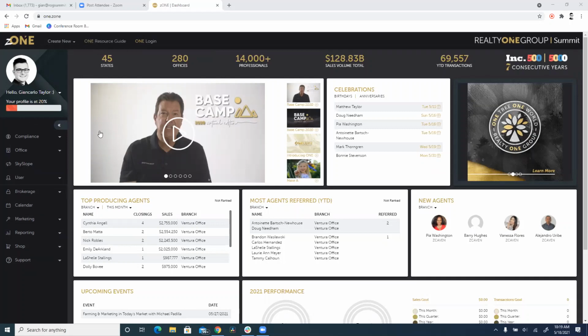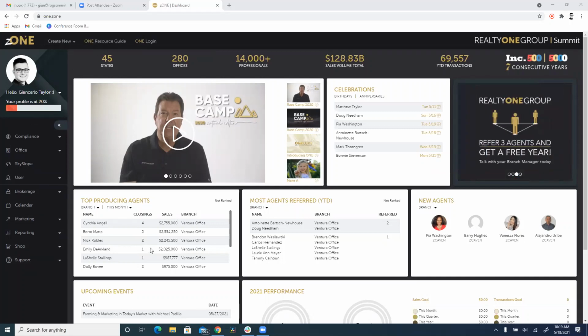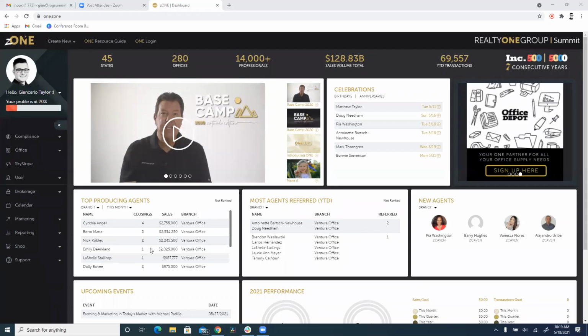Pretty different here, or some spots may look different than yours. But pretty much, this is the homepage. This is how you get everything started. There's a couple of key features that you can see here right off the bat, and that's on the left-hand